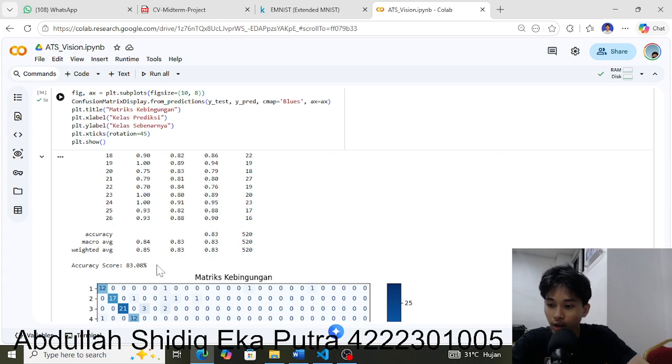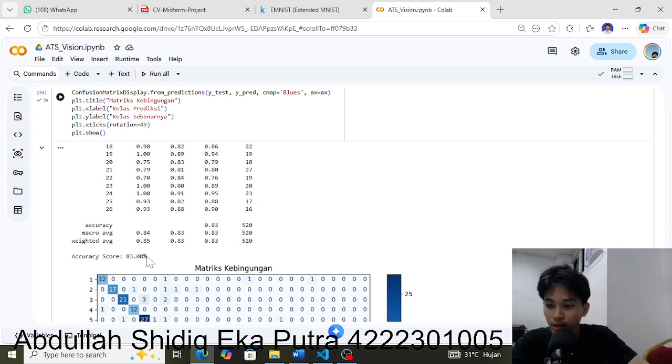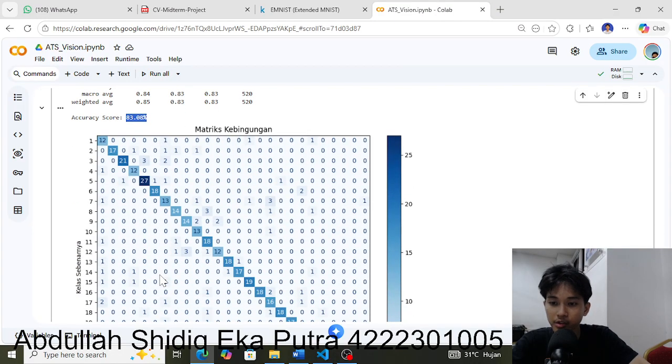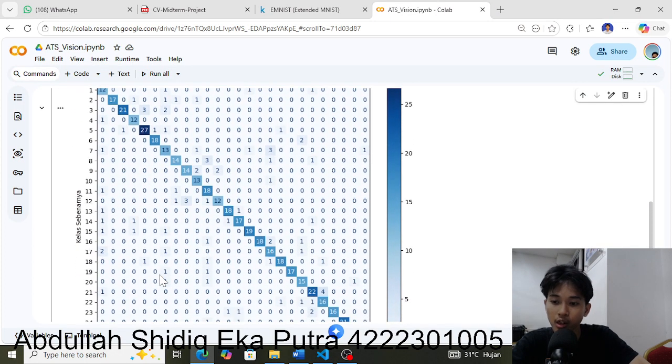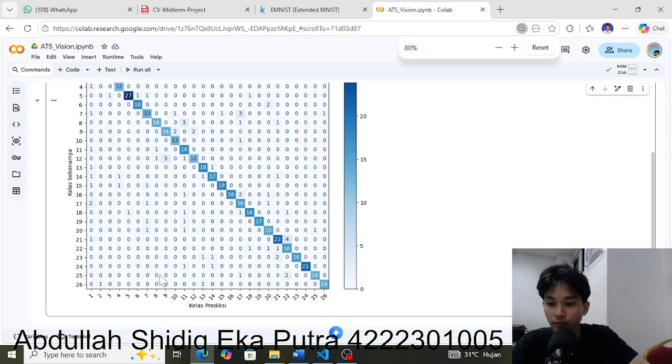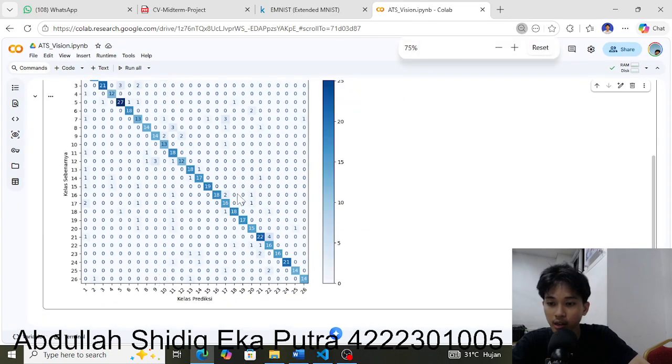The overall accuracy score I got is 83.08%. This is the confusion matrix for each class from the 26 classes.